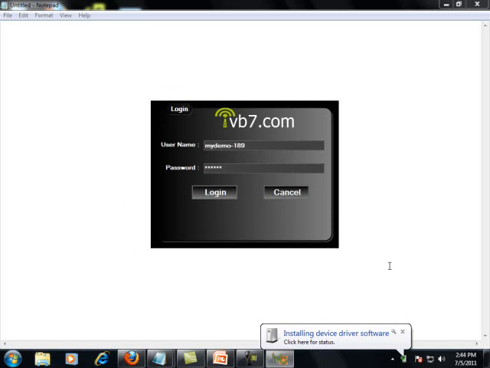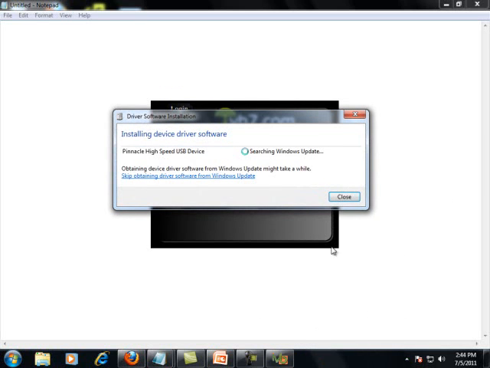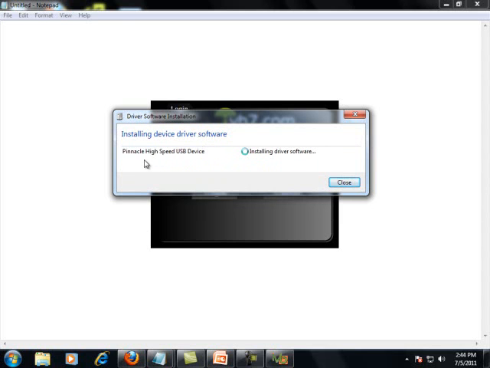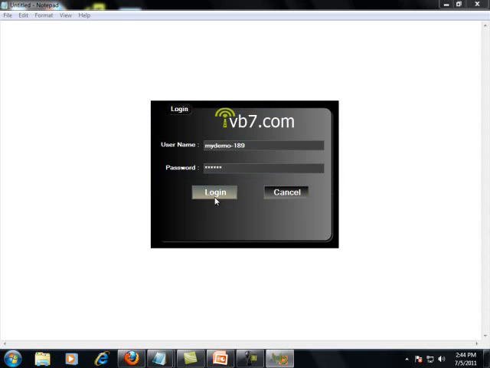Now when I connect the device, you will find the installing driver software. So now it's installing the software for the device. Now it's ready to use. Now let's try to log in.